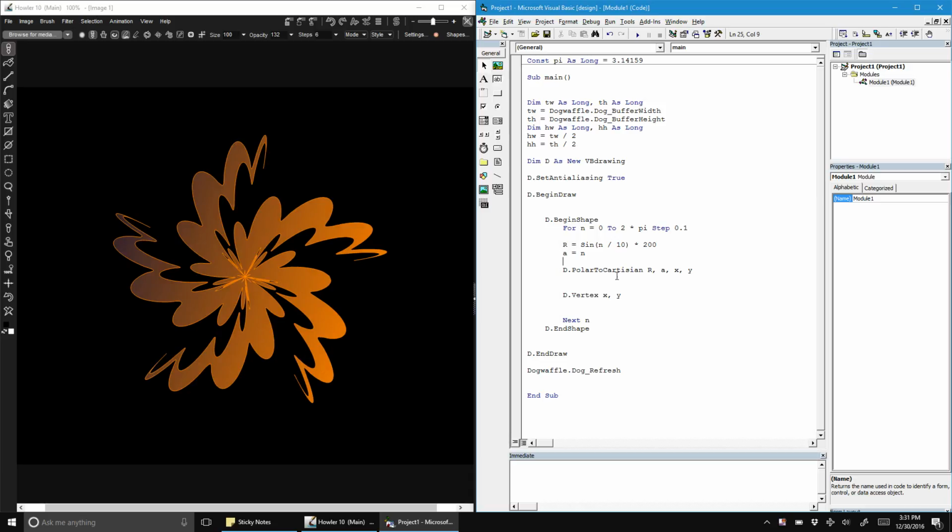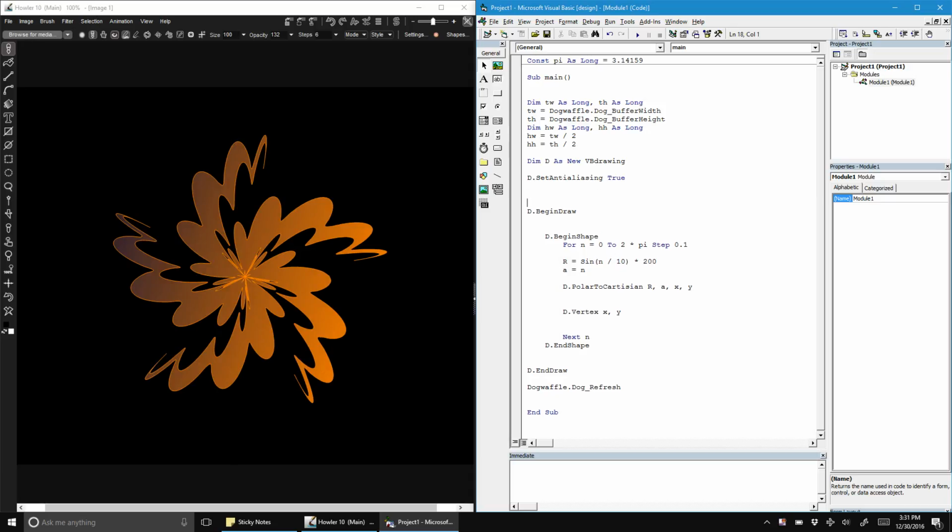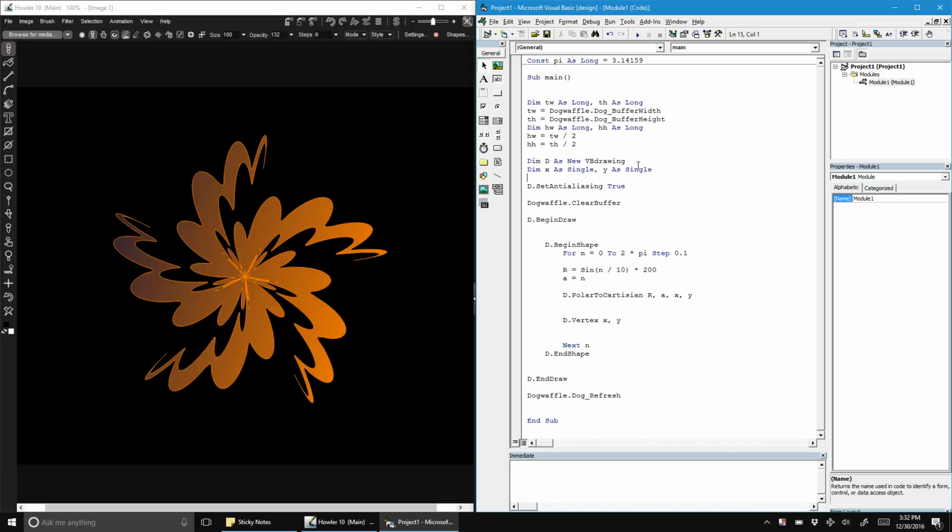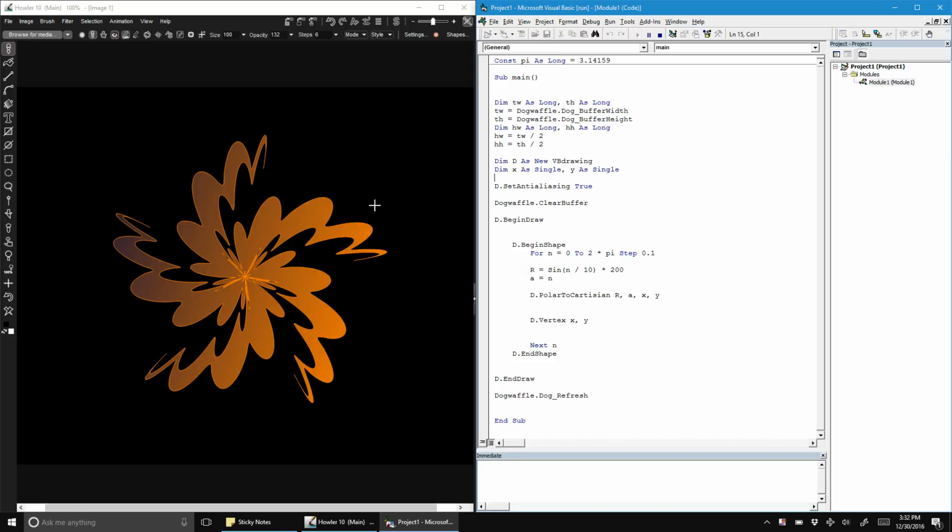Let's see what we just did. Oh yeah, and we also want to clear the screen. So d dot, let's see, dog dot clear buffer. Let's see how that goes. I want to also dimension those. And looks like it's